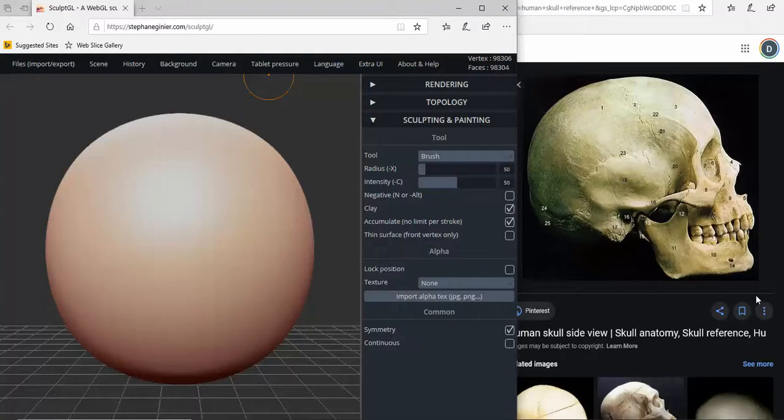Alright, this is a video demo of how to sculpt a skull using SculptGL. SculptGL is a browser-based sculpting app, so you don't have to download anything, you just go to the website. So if you're looking for it, just do a search for SculptGL and you'll see Stephanie Genier